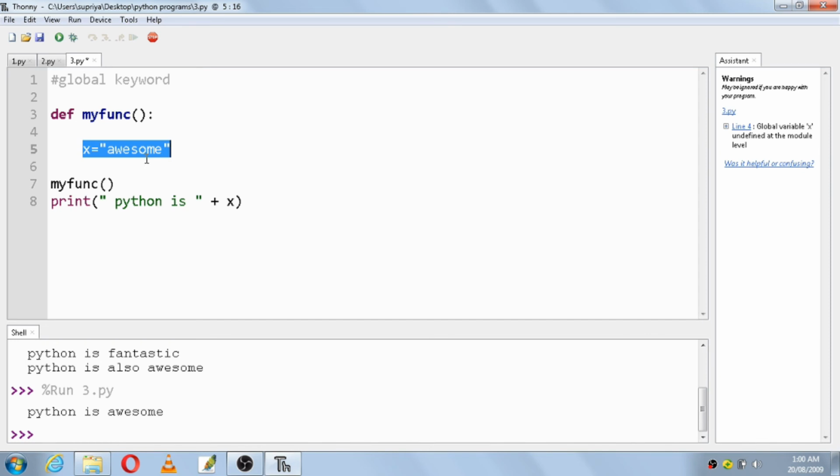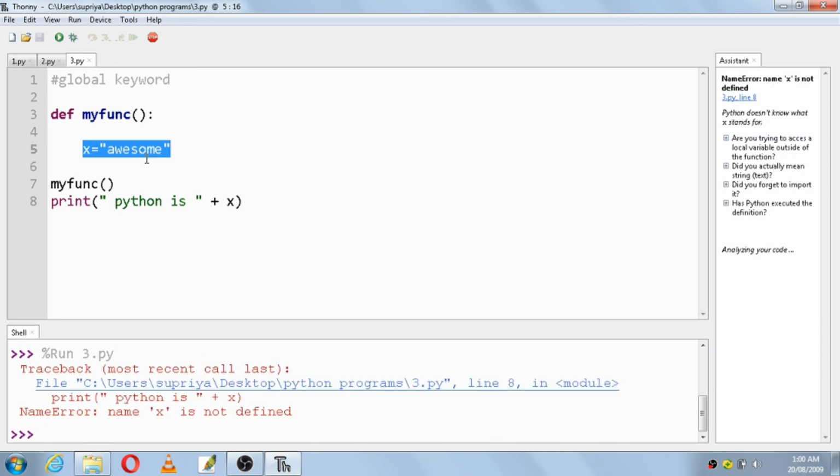Let us see what output it will give. Save the program, Ctrl S, and then press F5. What you can see here is, name x is not defined. It is giving an error that x is not defined. Why is it not defined? Because it is not seen outside.